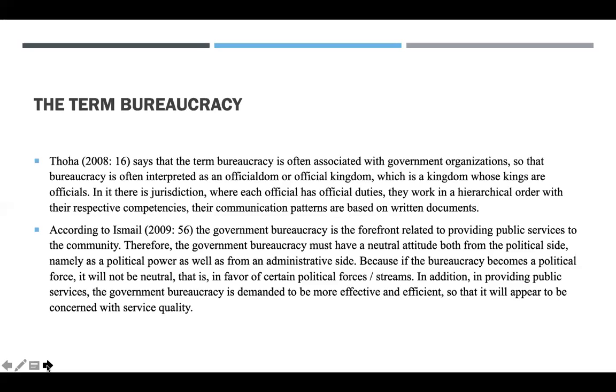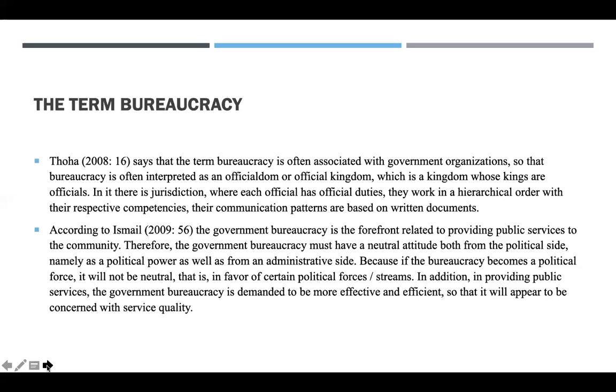But continuing, in 2009, the government bureaucracy tried to have a different side. Bureaucracy is for the public service. Bureaucracy should provide the public service, because the bureaucrat is the public servant. So that's why Ismail tried to define that the government bureaucracy must have a neutral attitude, both political side and administrative side, because